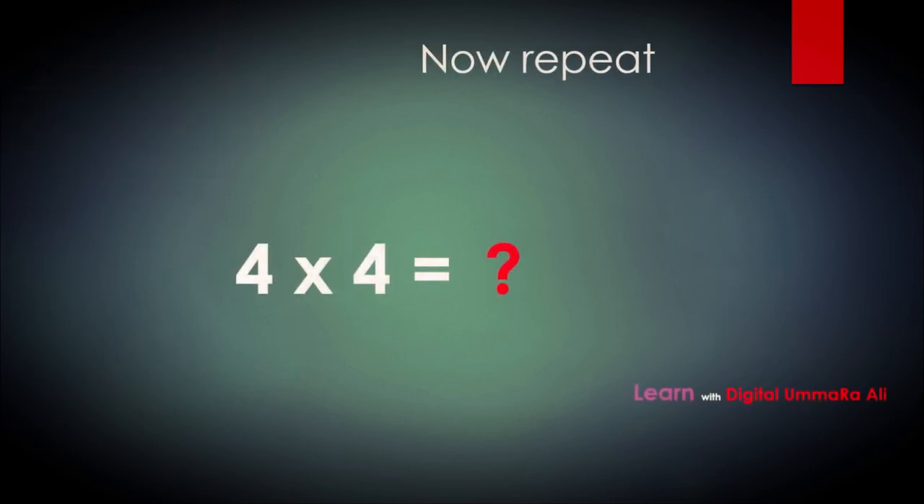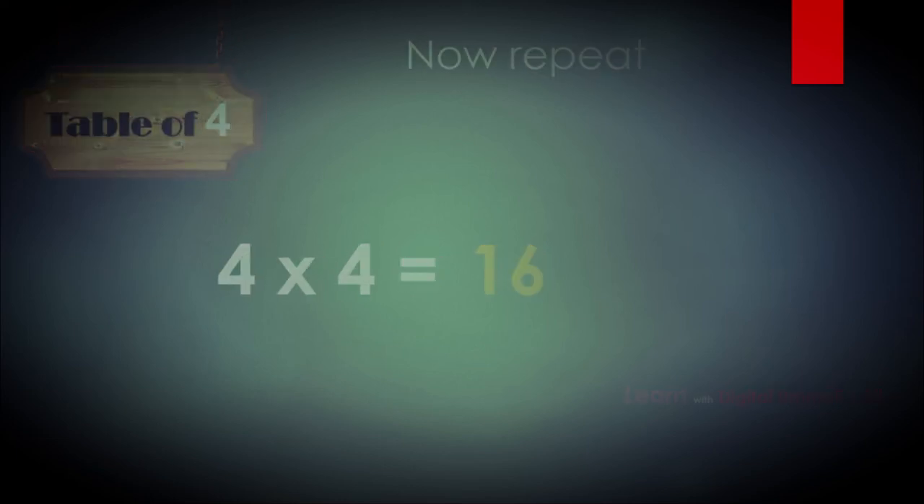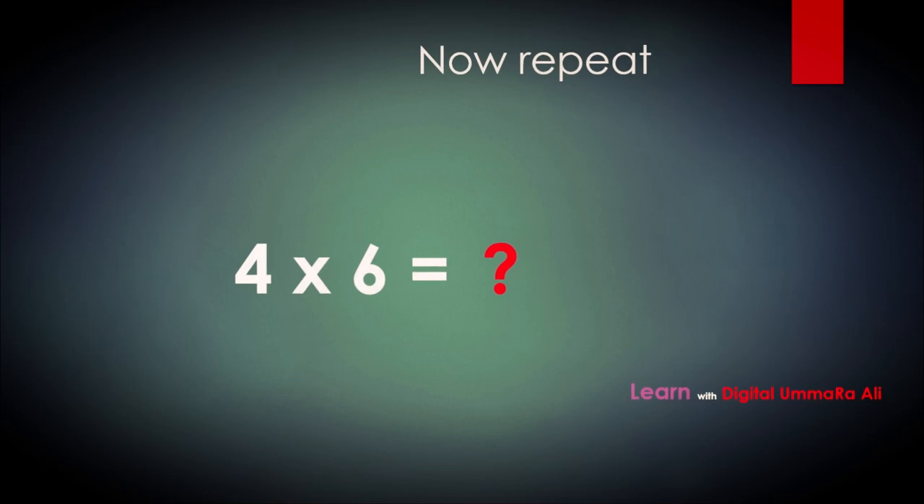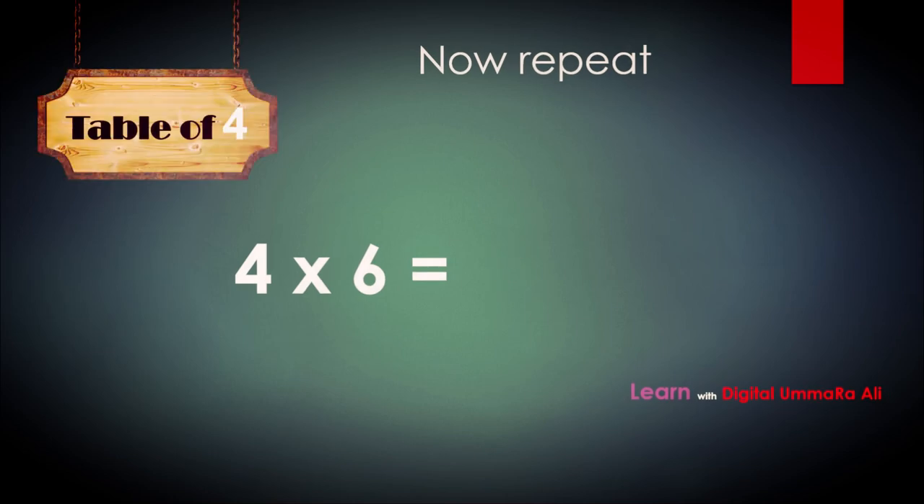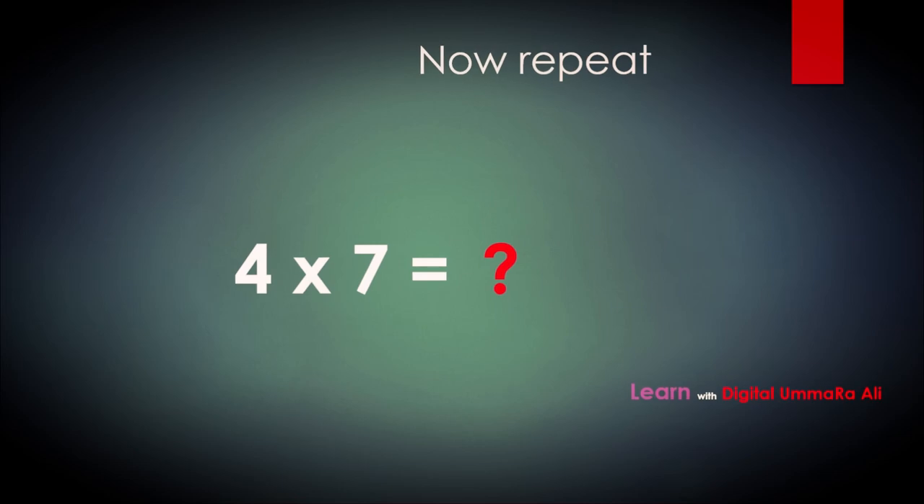4 fours are, tell me, what is 4 fours? 4 fours are 16. 4 fives are 20. Yeah, let's go. 4 sixes are 24. 4 sevens are